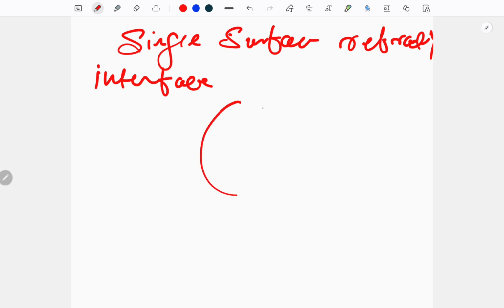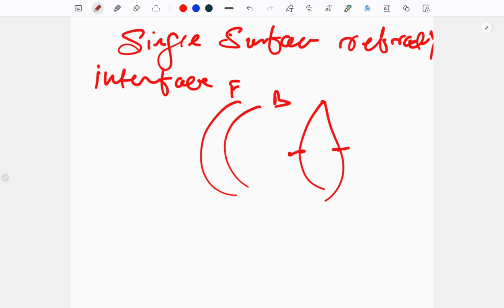Let's take an example. This is the cornea, and we have two surfaces, the front surface and the back surface. We are not going to talk about the lens itself. We are going to talk about the surface. If you consider the lens, we have two surfaces, the front surface of the lens and the back surface of the lens. We're not going to talk about the whole lens, the whole cornea, the whole contact lens, or the whole spectacle lens, but we're going to talk about the surface, because let me